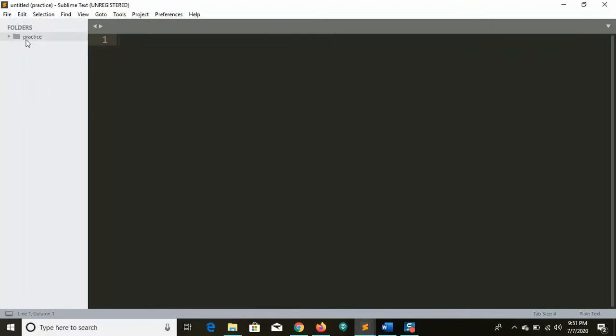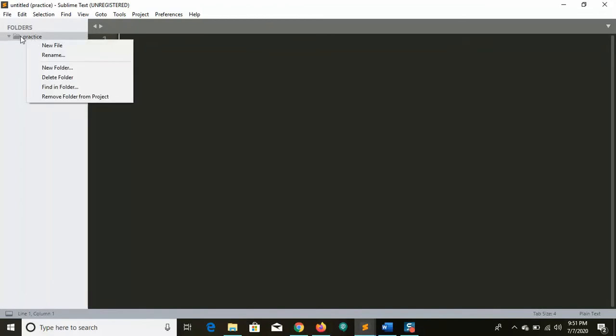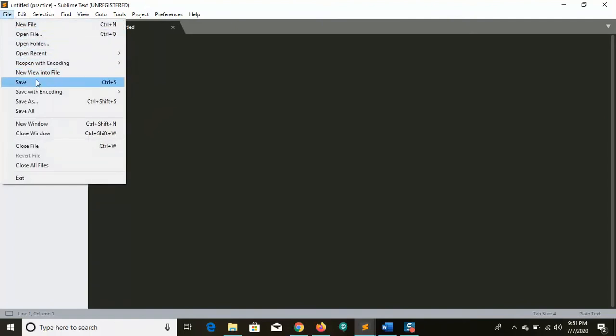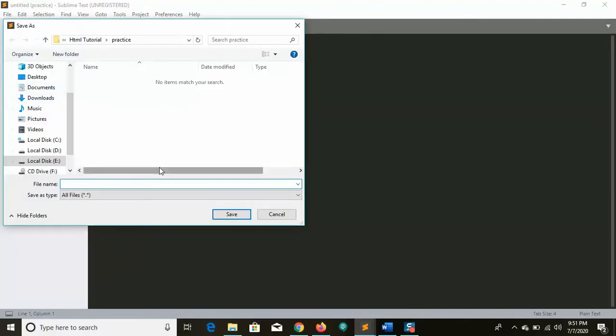Okay, so let's create one HTML file. For creating a new file, you can right click and choose New, and Ctrl+S to save, or you can go to File and Save. Let's give the file name demo.html. Here in our case, HTML is the extension, like we have .txt for text files and .png, .jpg for images. Like that we have .html, or we can also give .htm. Currently I'm giving .html, and save the file.